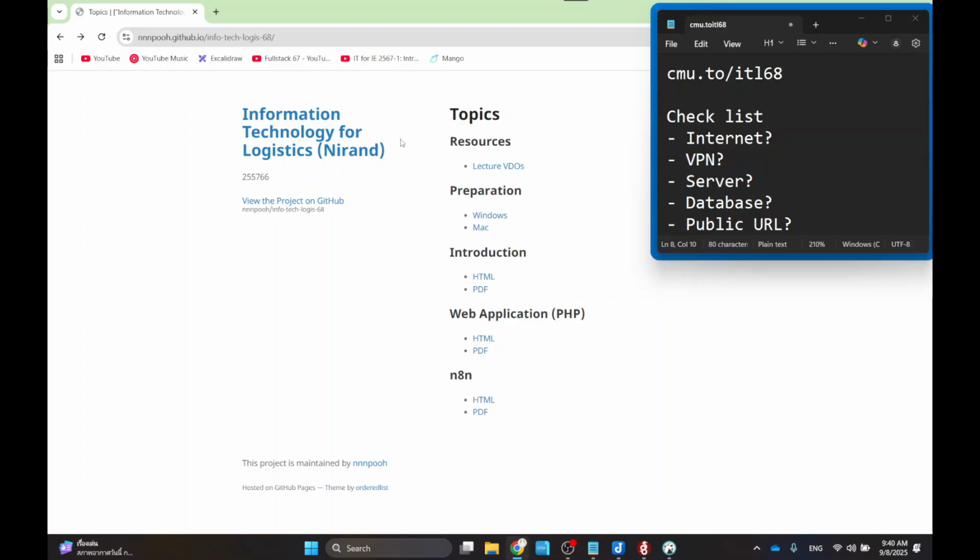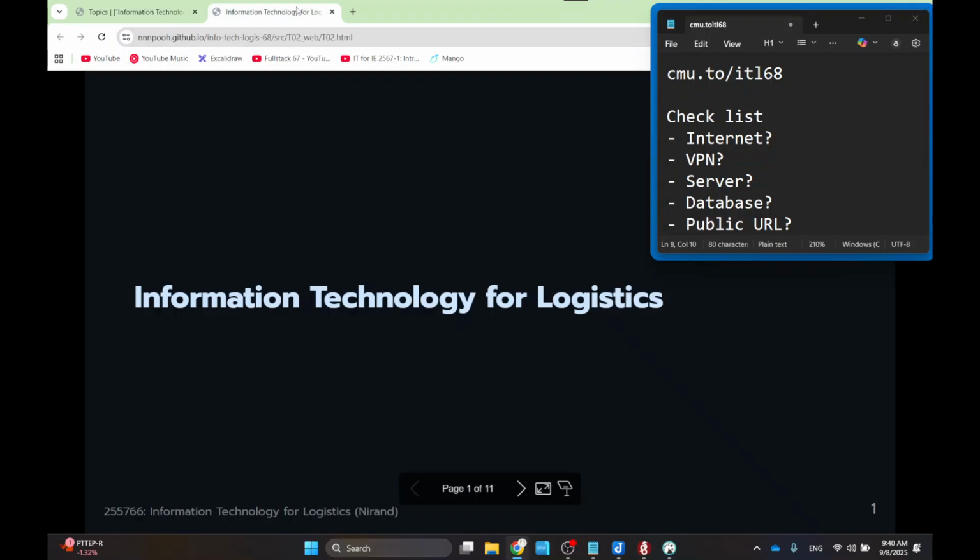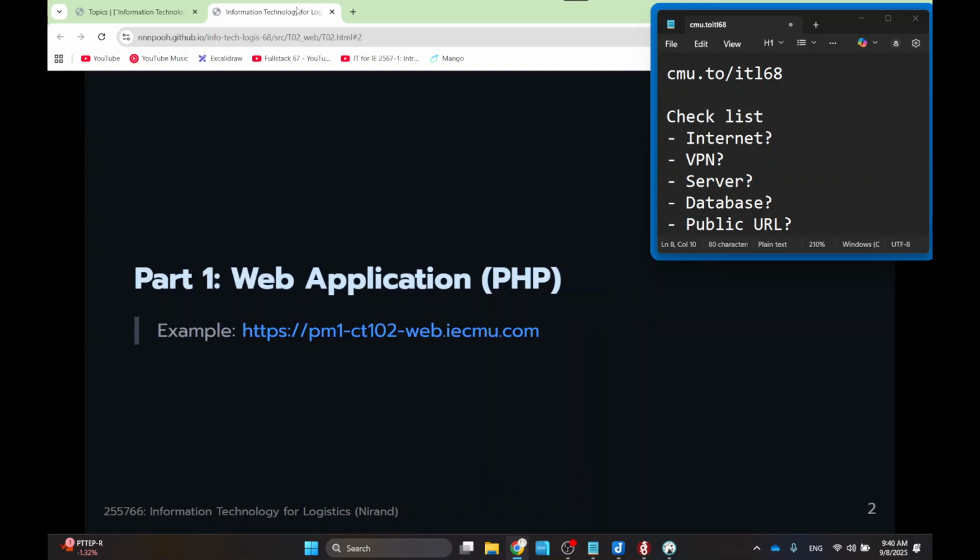Today we're going to continue what we left off last time, which is to deploy the web application using the server technologies. We're continuing the topic called web application. Right now we can go to the lecture, which has nothing much in it, but I want to remind you that in the end, hopefully today, you will have a running web application